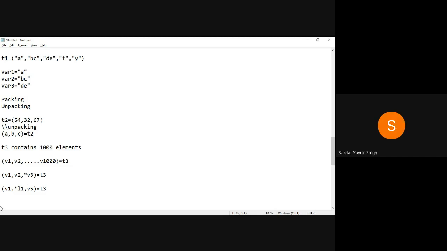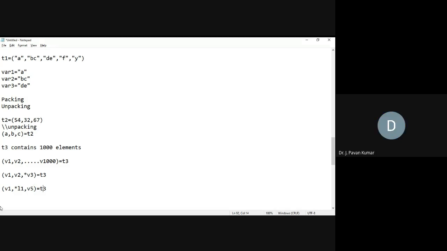Try to understand. After a star, in the sense star L1, that entire thing is a list name. So afterwards, how many elements we are having? V1 is one element. Okay, fine. Next, star L1 means some list. How many elements we have to consider in the list will be decided based upon how many variable names we are having after that star L1. How many? After star L1, we are having only one variable name, right? Yes, sir. Only one variable name.